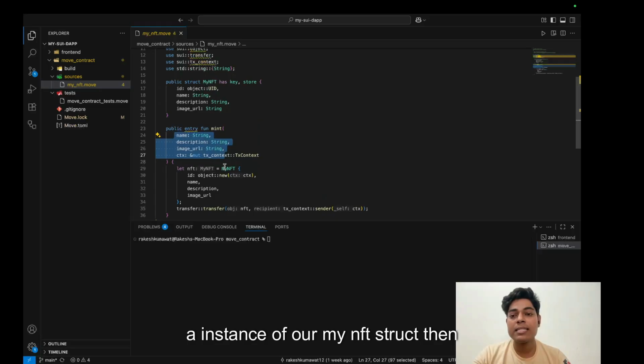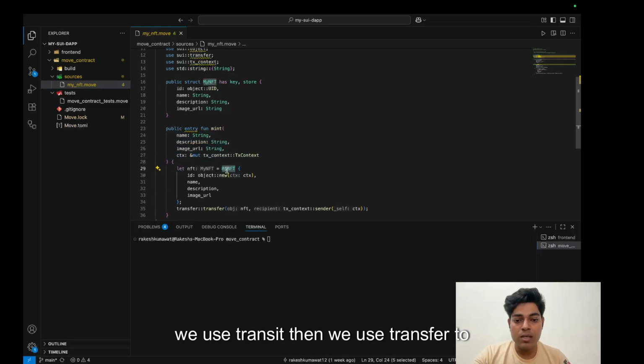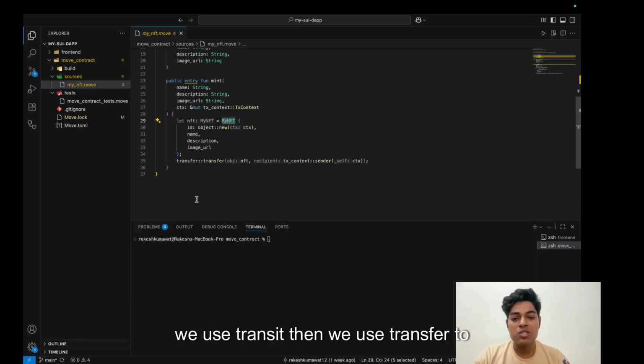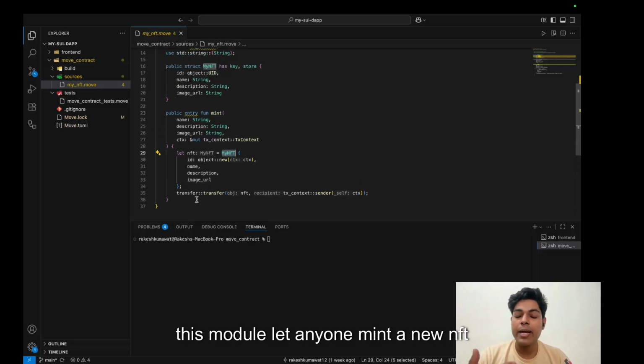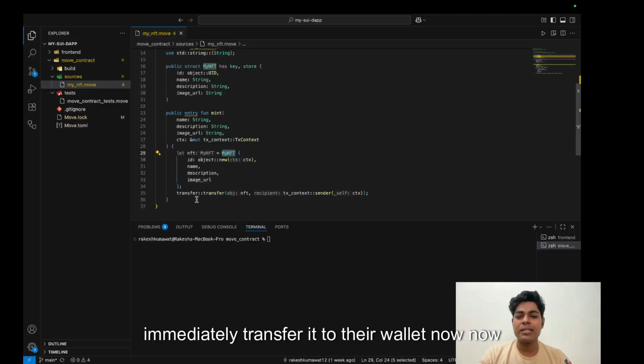Then we have made an instance of our MyNFT struct. Then we use transfer to send this NFT directly to the caller's account. This module lets anyone mint a new NFT with a name, description, and image link and immediately transfer it to